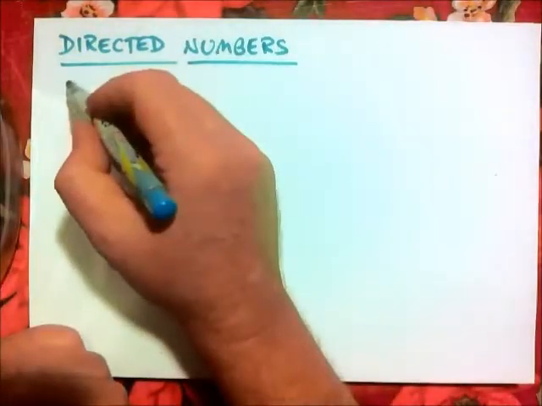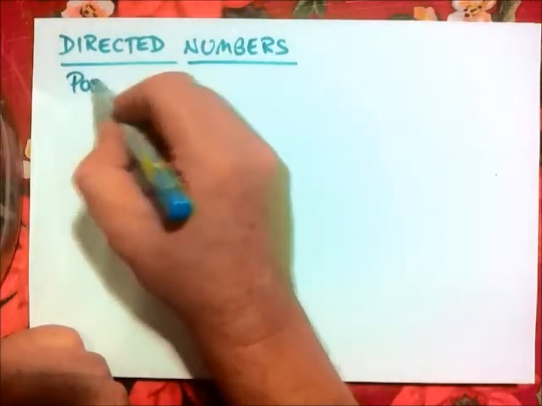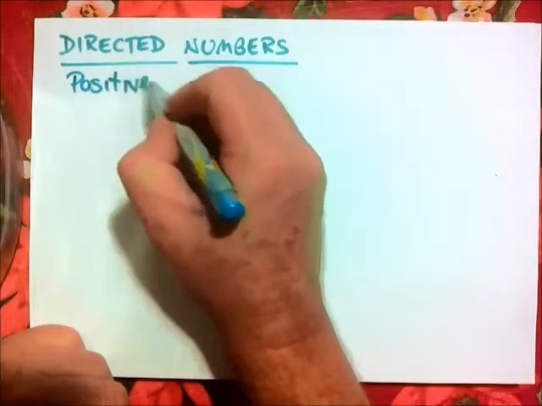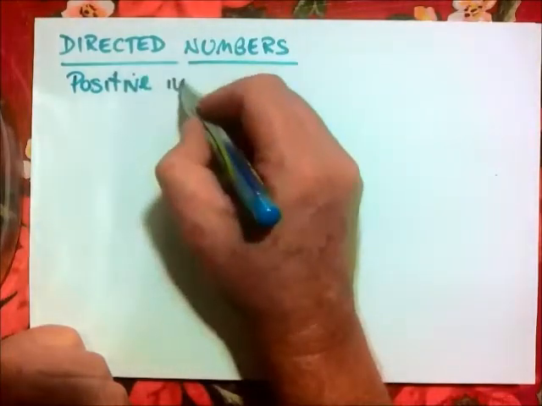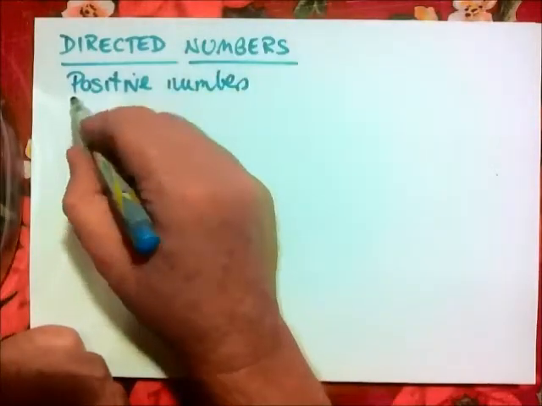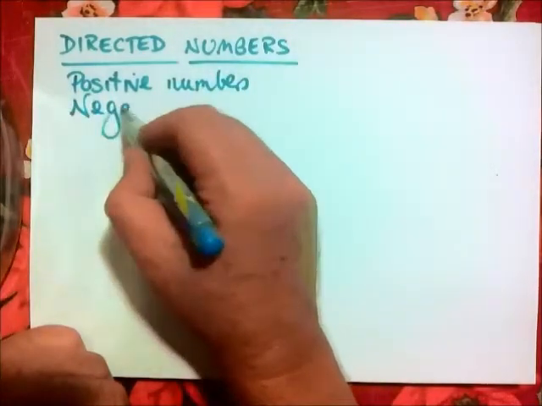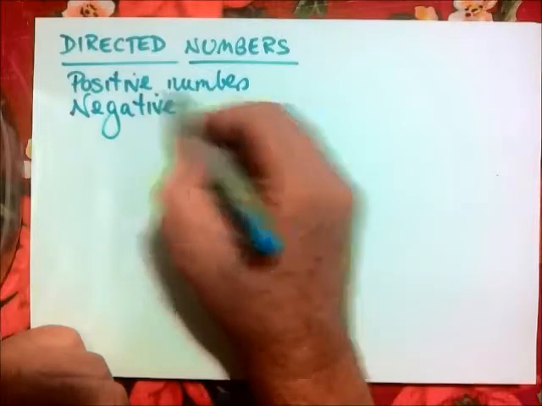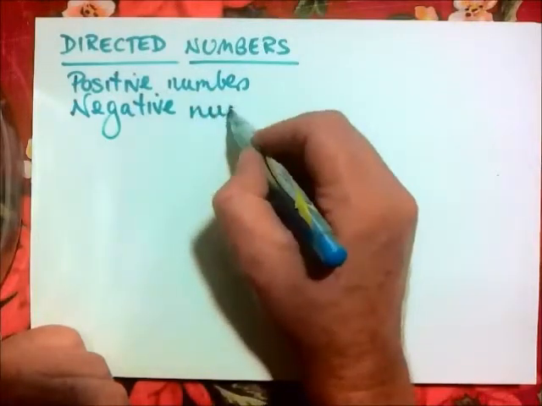This video deals with directed numbers. Basically, you could ask yourself, what are directed numbers? Well, I'm sure you all know about positive numbers, 0, 1, 2, 3, 4, etc. But there are negative numbers, and you do know about those as well, like